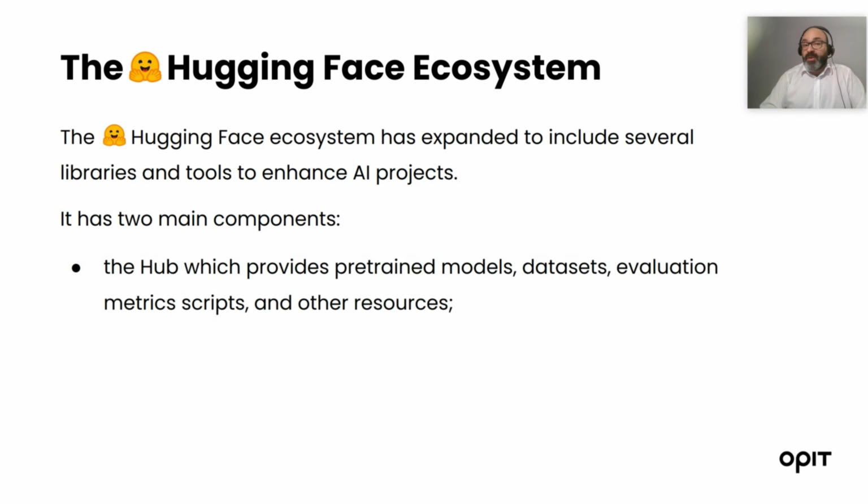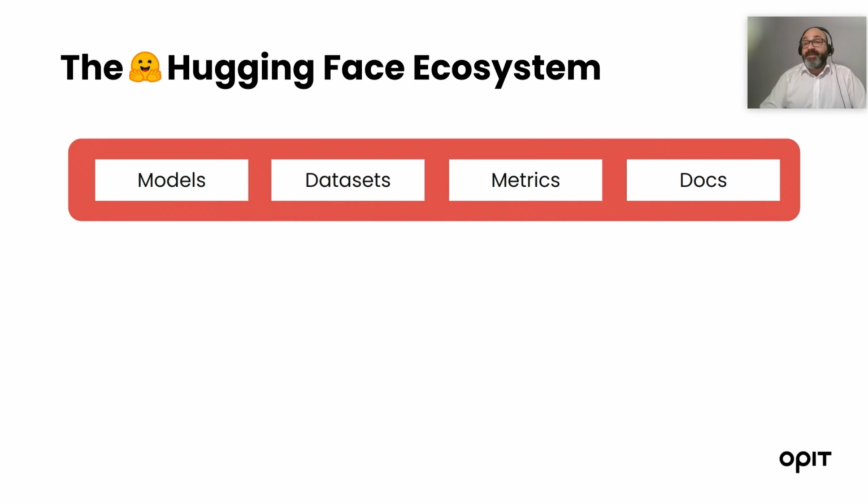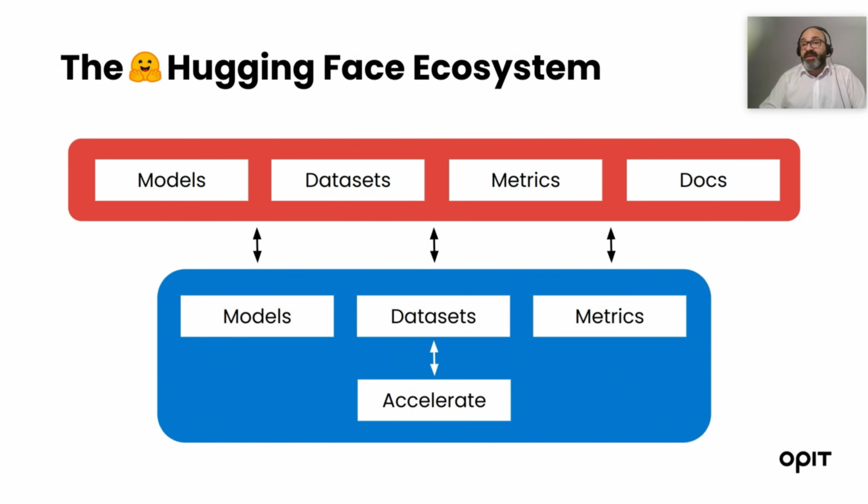It has two main components: the Hugging Face Hub, which provides a lot of pre-trained models, datasets, evaluation metrics, and other resources, and the set of libraries that offer code functionality. This is how the ecosystem is composed. We have the hub with models, datasets, evaluation metrics, and other resources like documentation, and this is connected with the set of libraries, mostly developed in Python, that allow you to run the models, download the datasets, implement the metrics, and their commercial offer also includes some acceleration in the training and inference for the model that you want to